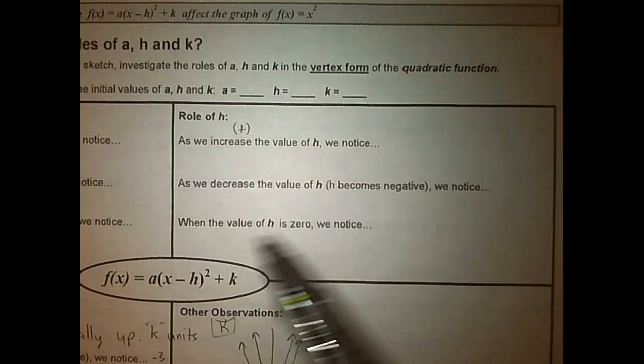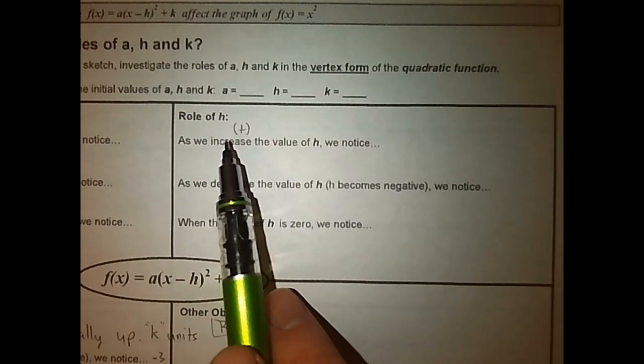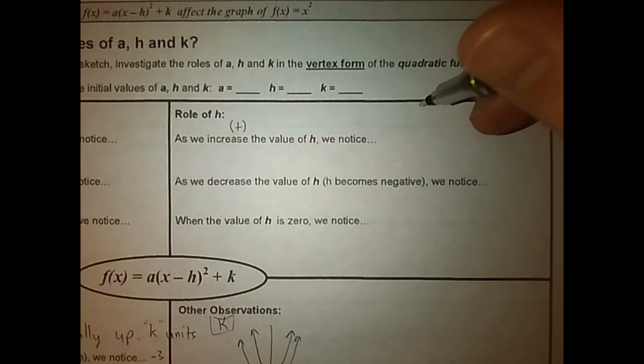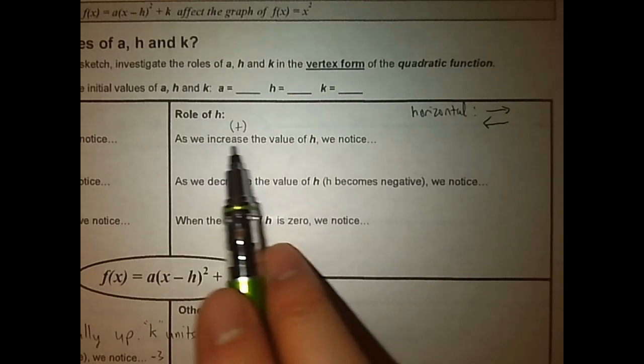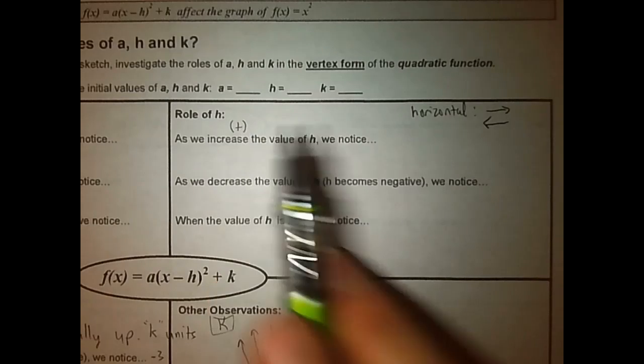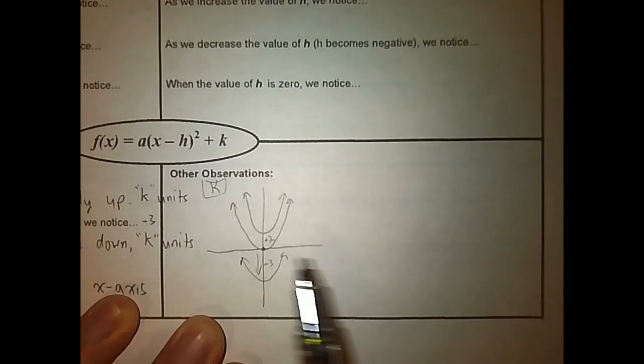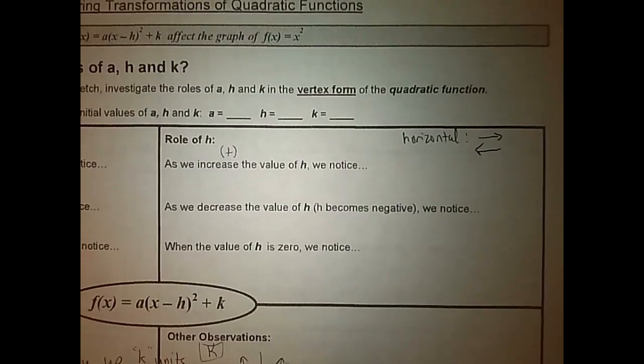If k is up and down, we can kind of guess that h is going to be horizontal, or left or right. So I'm actually going to write that. Horizontal. This means this or this. So left or right. So rule of h. As we increase the h value, or if h is more positive, then you can also guess on the graph, in the positive direction, we're going to move our graph to the right. So as we increase the value of h, we notice, I'm going to try and write nicer this time, the graph